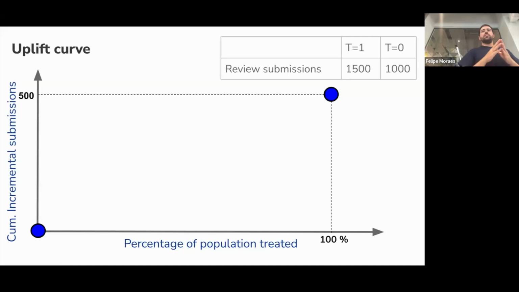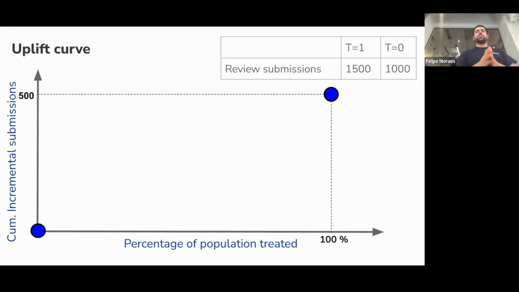So what people do a lot of times is an uplift curve. So let's go over an example. So remember those submissions. Imagine if we asked people to submit, and under one scenario, we got 1,000. So if we didn't change anything in the user interface, we get 1,000 people that submitted review forms about their stay. And if you change the user interface, you'd receive 1,500. So in total, you get more, right? You get a little bit more of the users that actually submitted by doing this.